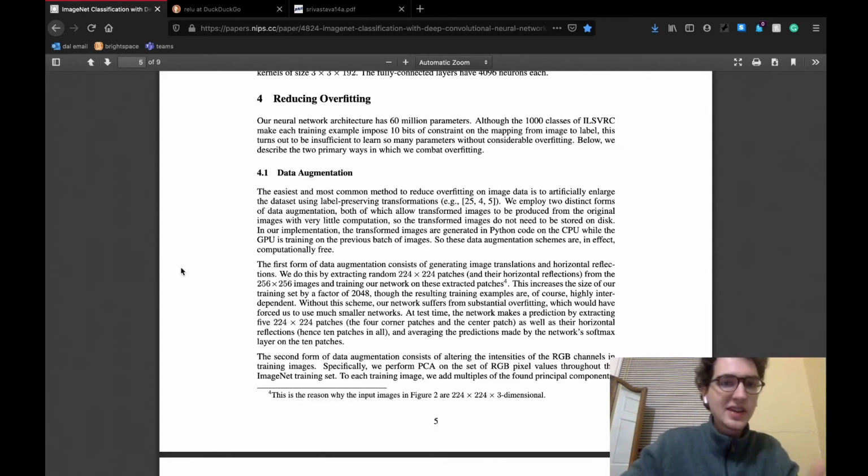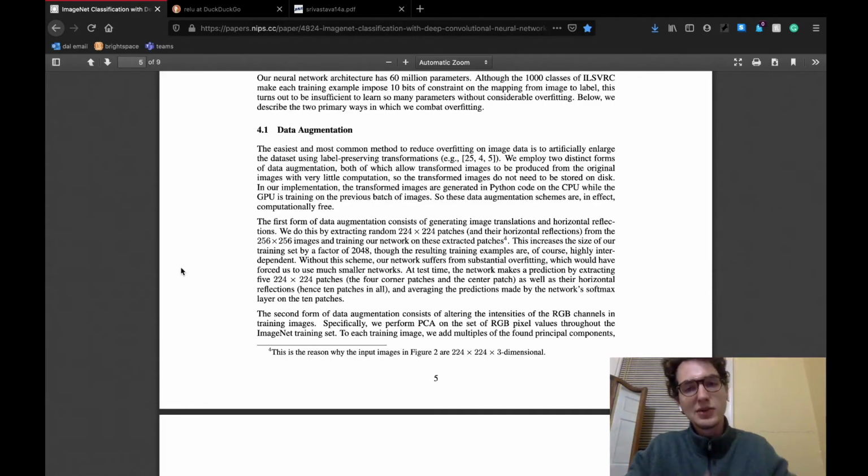So moving on to the next one, this is titled just reducing overfitting, which is kind of the main point of this video. We're going to cover the next few points that they make, which includes data augmentation. The whole point, it seems, of data augmentation is that you can manipulate the data so that it can turn into more data than what you actually have, which is important for smaller data sets. You can take out features that might cause overfitting in the model, or you can transform the images so you will have more training data.